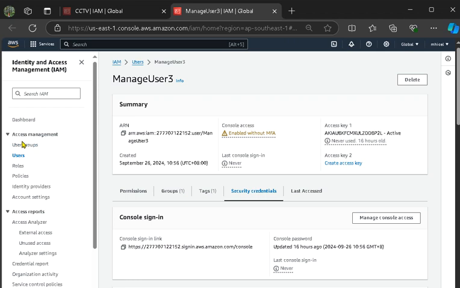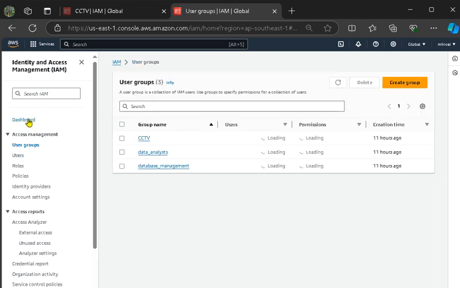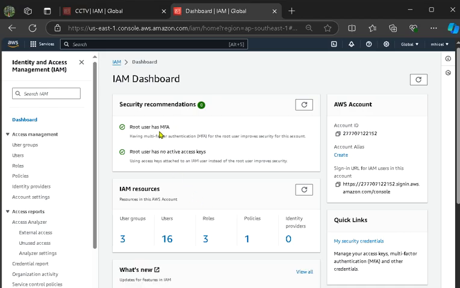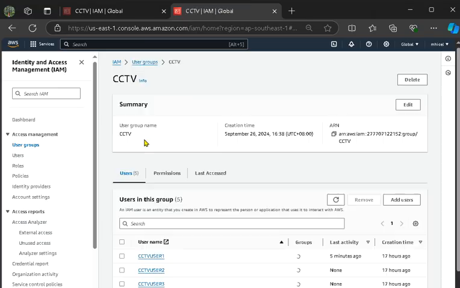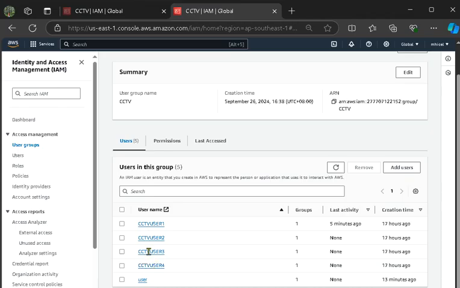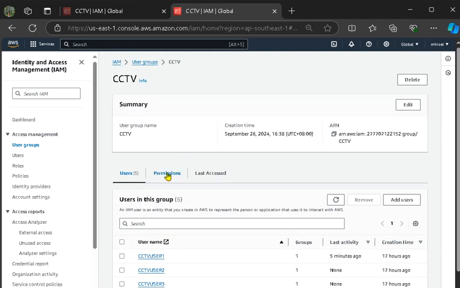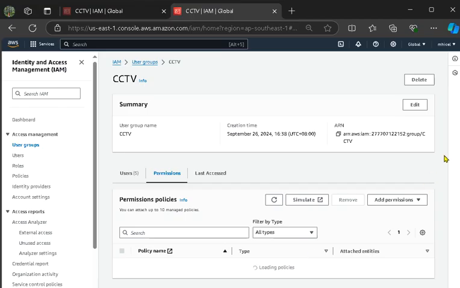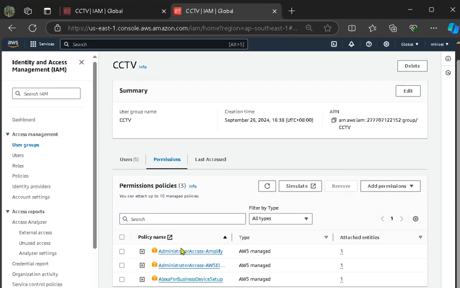So that's it for this video on how I activated and managed the MFA authentication, and how I created a CCTV group with 4 users and 3 permission policies.